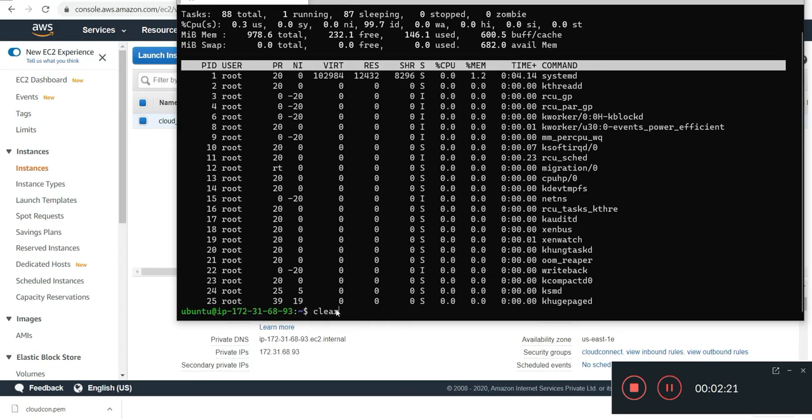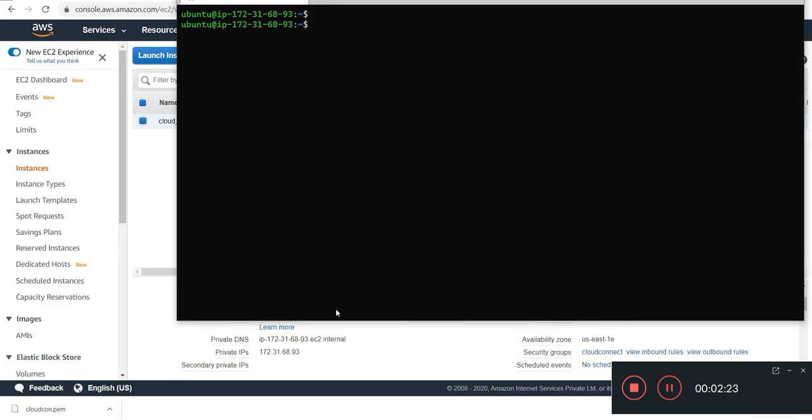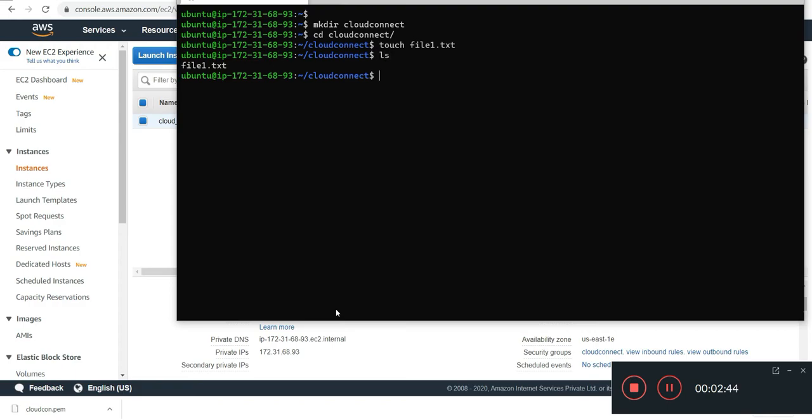So let's see if it can make a directory or not. mkdir cloud connect, cd cloud connect. Okay, let's make any file here. touch file1.txt. Let's enter ls. See, the file is there.